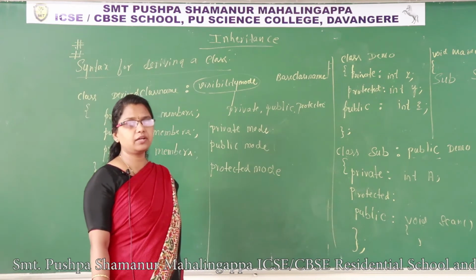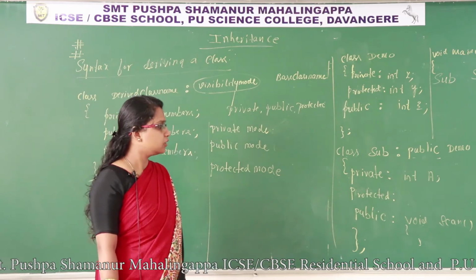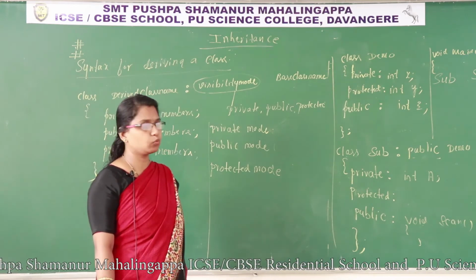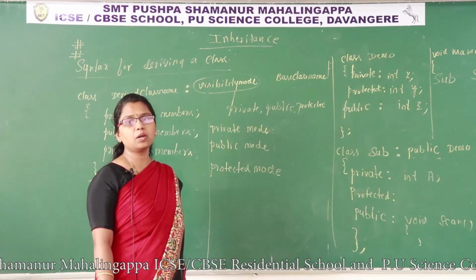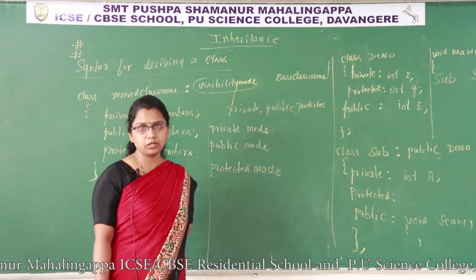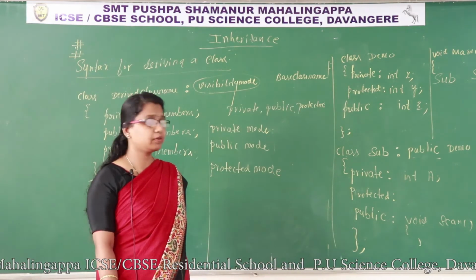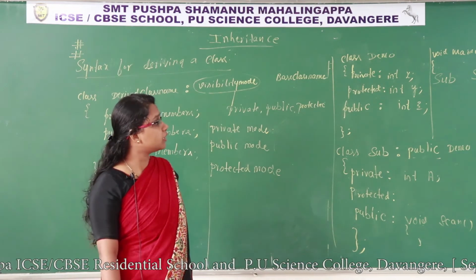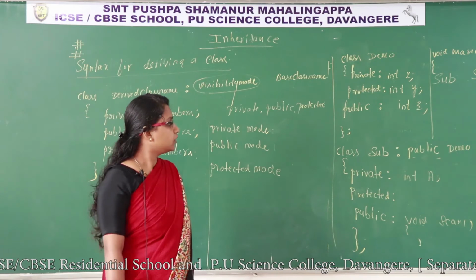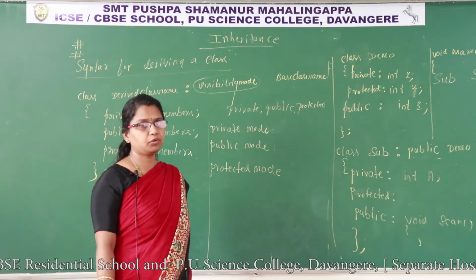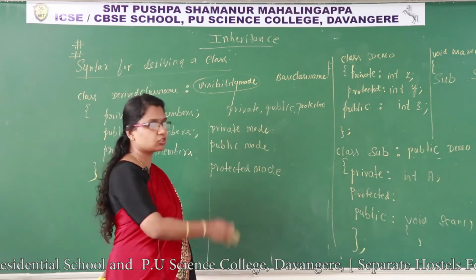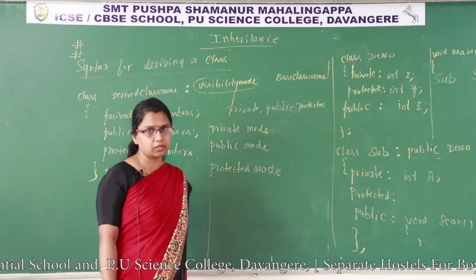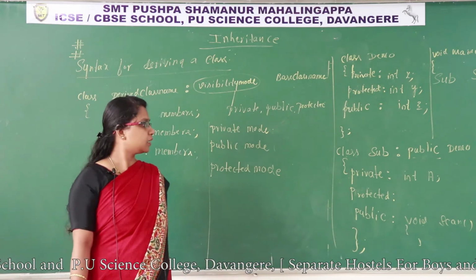A is private data of that class, the subclass. To access private data, we need a member function. I had taken the member function void scan. Unless you call the member function, it won't execute. How to invoke a member function? Using object and dot operator. That's why I have created the object there, sub. Sub dot scan. If you call the scan function, whatever the instructions in that function, they will be executed. That is a normal process.